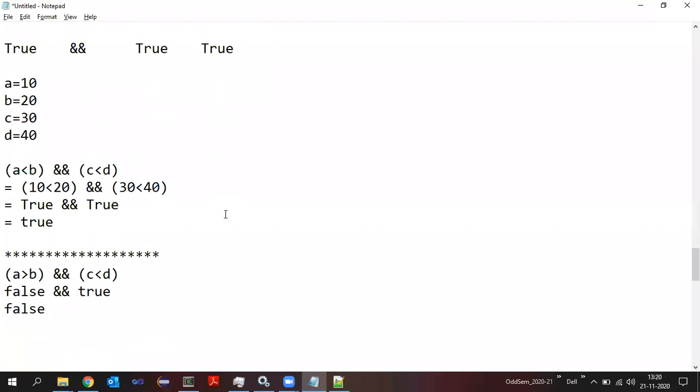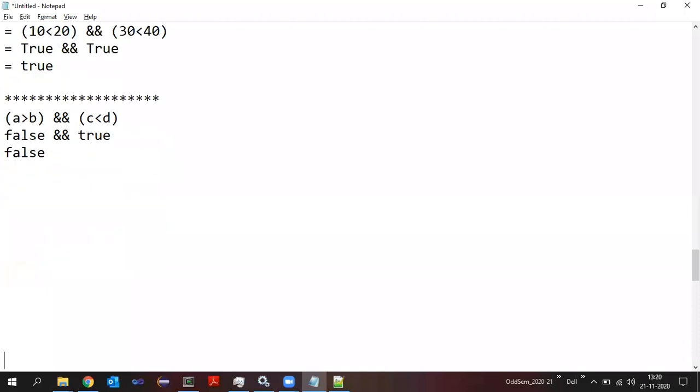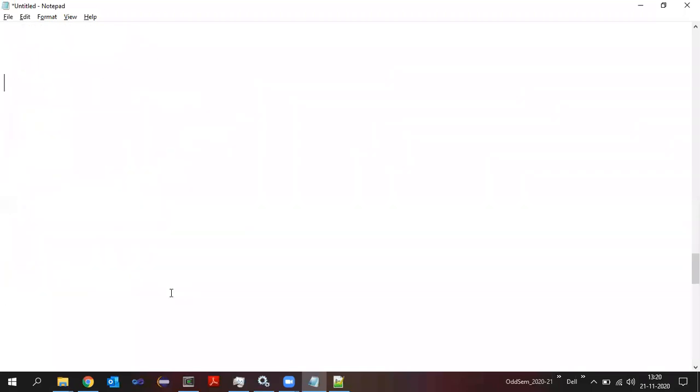Okay. Now, let us study the second type of logical operator. The second type of logical operator is the OR operator. Logical OR operator. Now let me write the truth table for this. Directly I will write the truth table for this one. Just pay attention. Operand 1, then logical OR, then operand 2, and then we have the result.